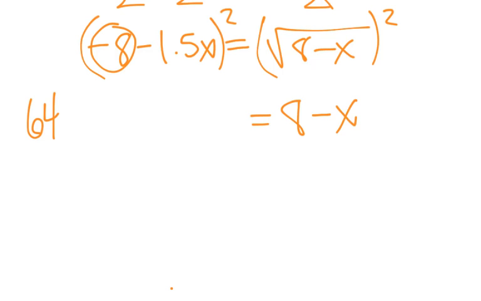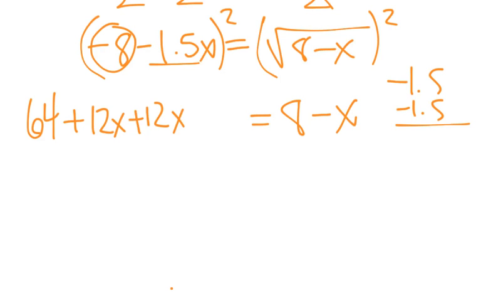So negative 8 times negative 1.5 would be a positive 12x. We did it twice, so another 12x. Then negative 1.5 times negative 1.5 would give us, what is that,